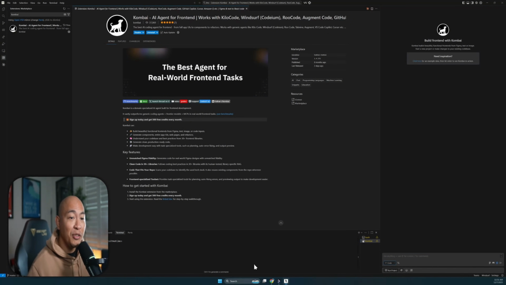So let's go through the different modes within Kombai. So first, there's code, which is the default option when working with Kombai. Code mode is for generating code based on the selected tech stack. The second option is ask. It is used for searching and understanding the existing code base. It is ideal for familiarizing yourself with the code base or asking general questions about anything UI related or front-end type of queries. So this is very similar to ChatGPT